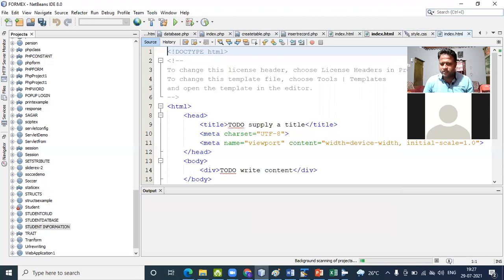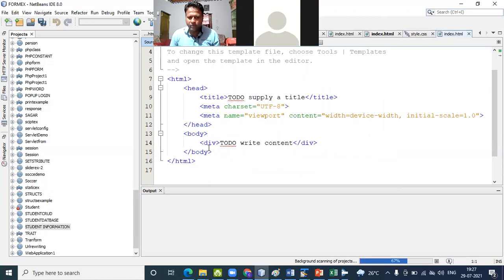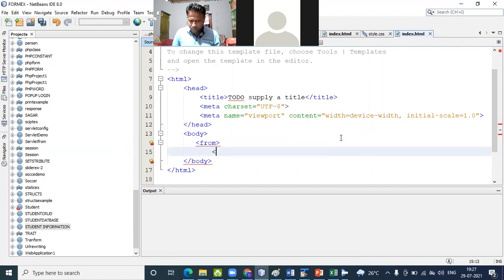So as already we know, to work with the form, the form tag is used. Okay, so as already we designed the login form, then end of form tag.